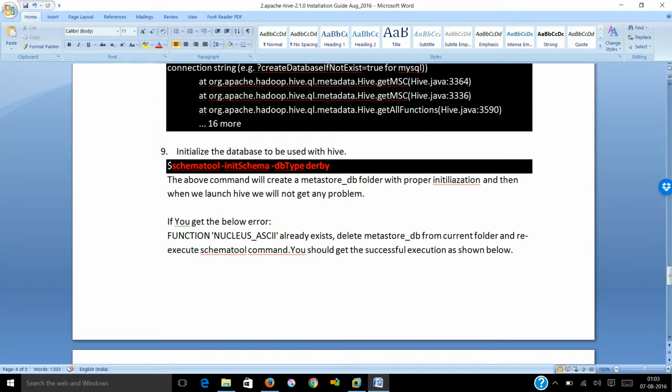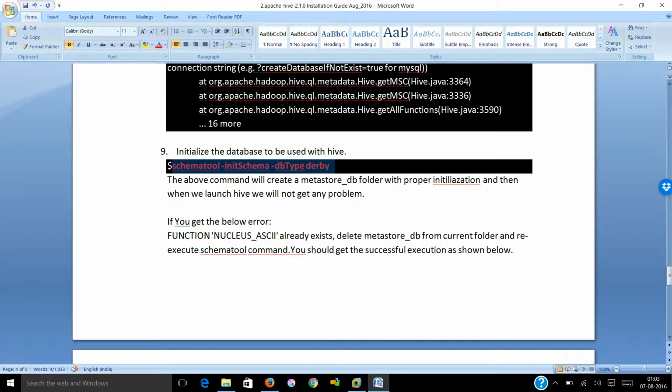Alright, now once this step is over, the next thing you need to do is tell your Hive that you want to make Derby your default metastore. In the previous versions it was supported by default, but in Hive 2.1.0 you need to say that you want to use a Derby database in this metastore. Although the Derby database is provided by Hive by default, you at least have to inform Hive.